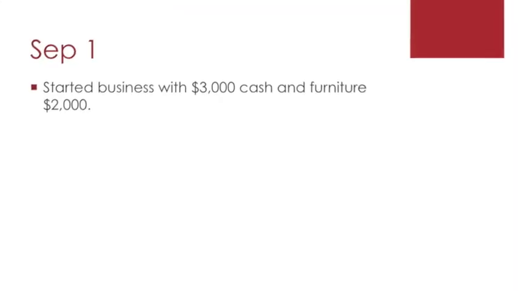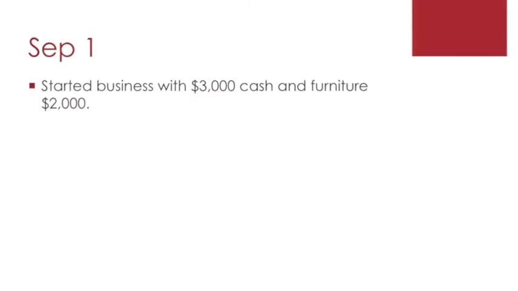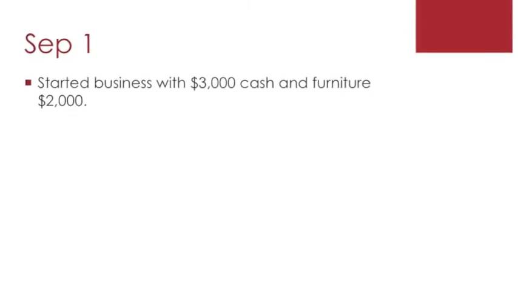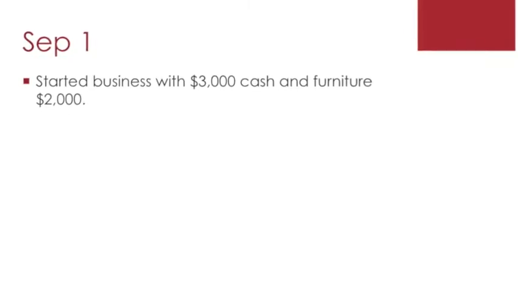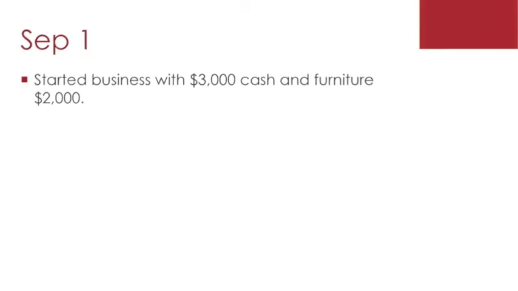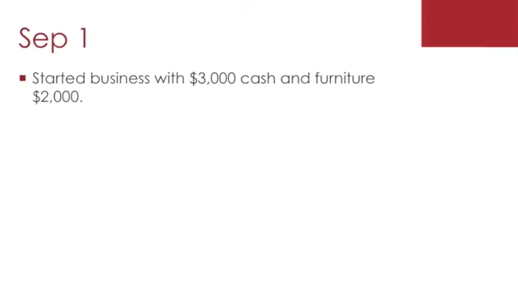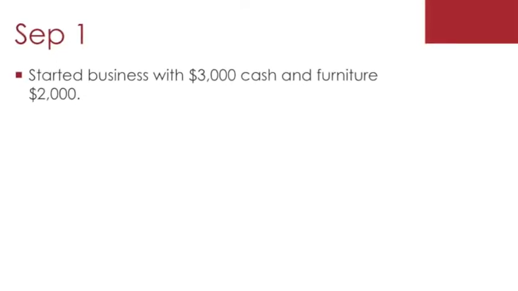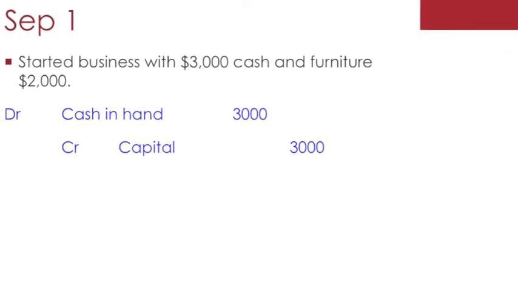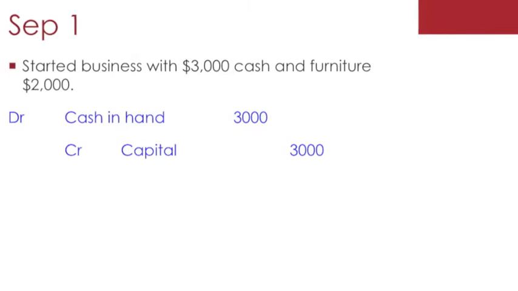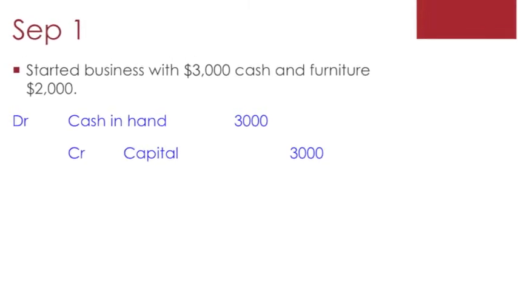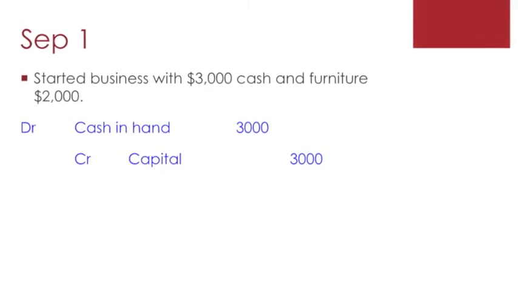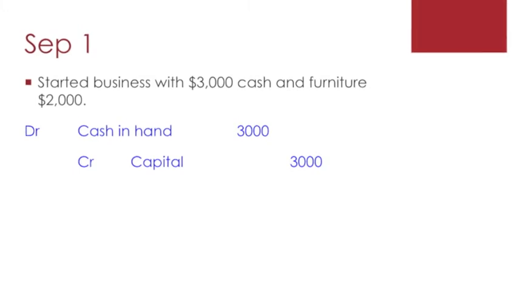So for September 1st, they started a business with $3,000 cash and furniture of $2,000. Therefore, we can infer from this question that the owner contributed cash and furniture, which means it's part of capital. So the answer will be debit cash in hand 3,000 and credit capital 3,000. The reason being the business has increased in terms of cash in hand 3,000